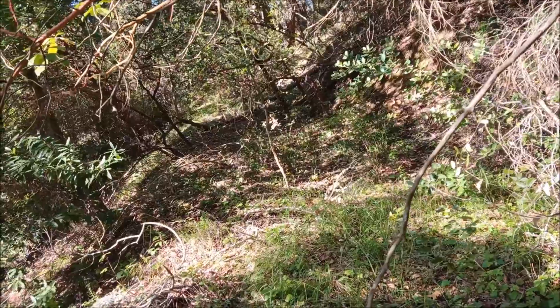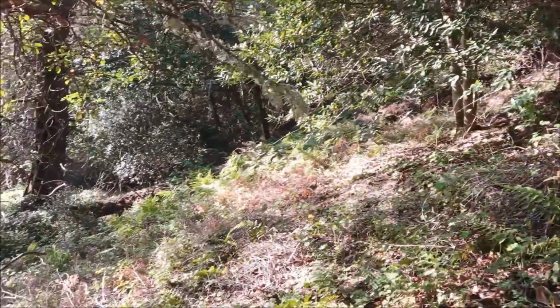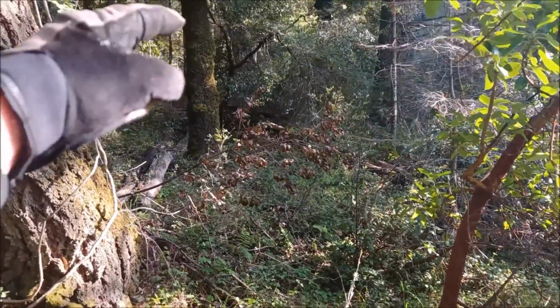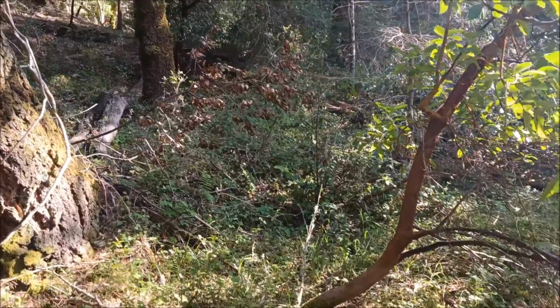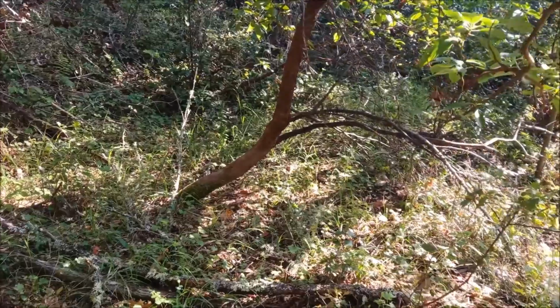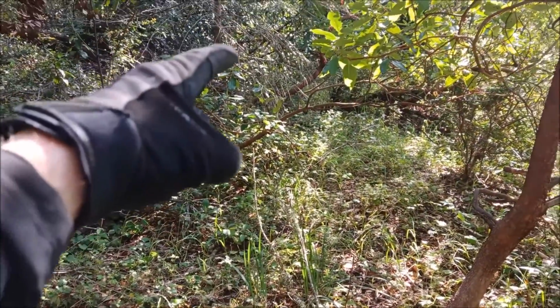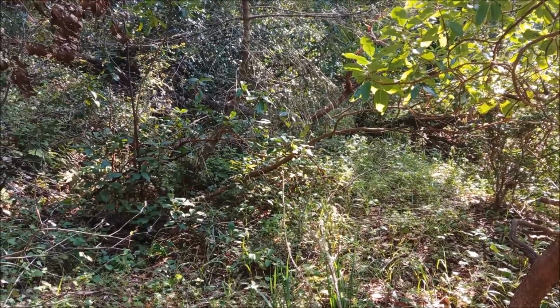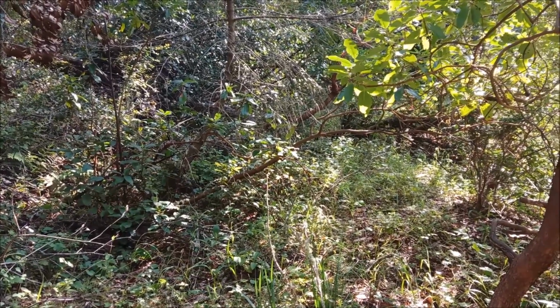I think there's a lot of sun comes in here. Looks like it's in a little draw here. There's like a little canyon coming down here, and it gets really wet. But I think we go this way, but I'm about at my turnaround time, and I think what I want